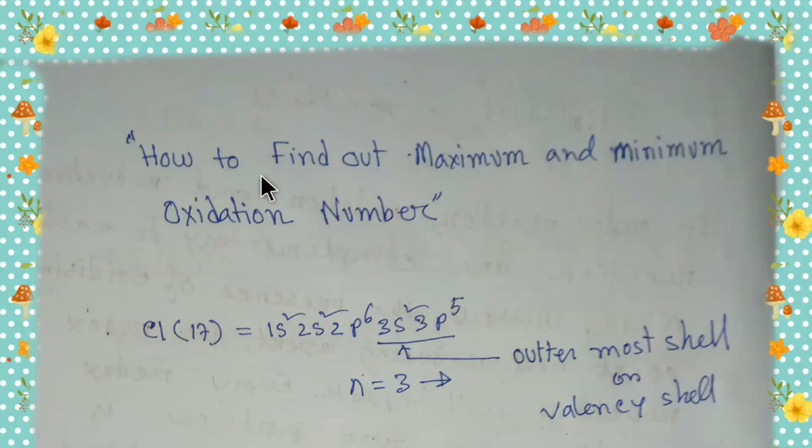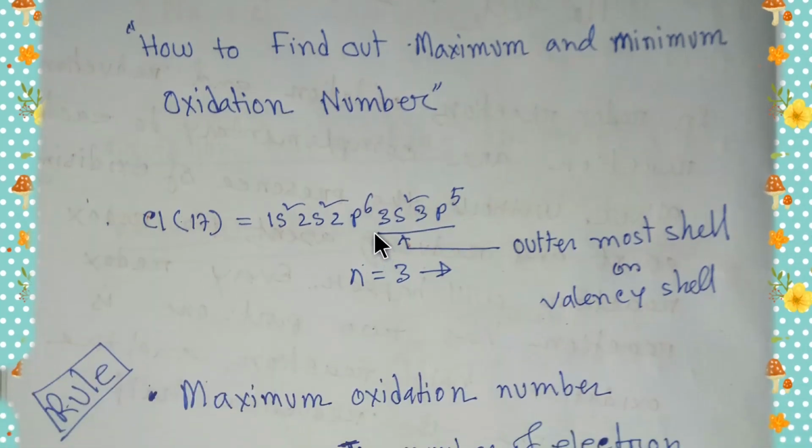What's up guys? Today we are going to learn how to find out maximum and minimum oxidation number. Well, finding the maximum and minimum oxidation number is an easy process. You just have to know how to do the electronic configuration of an atom, right? You see that